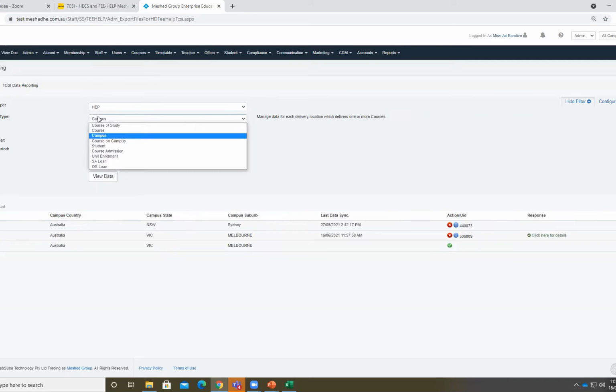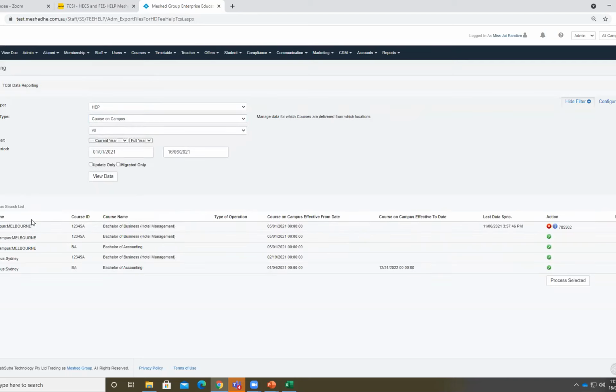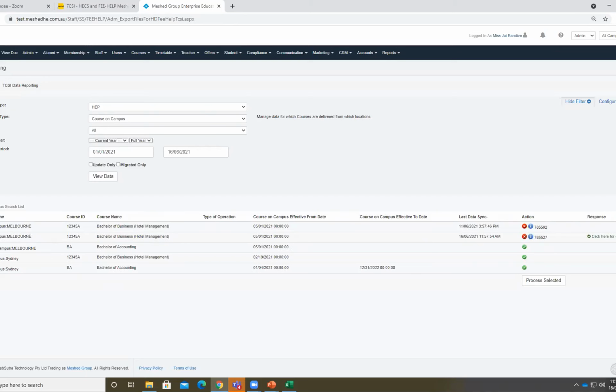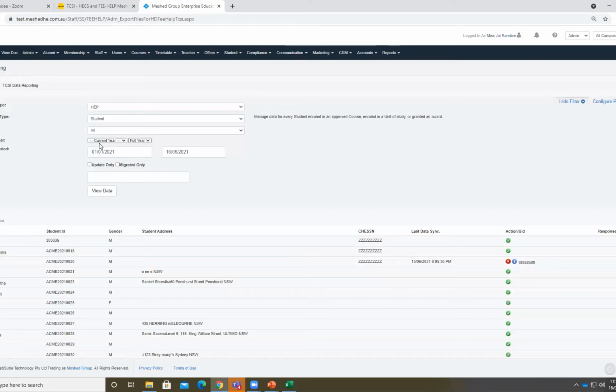Once this is done, we'll go to the course on campus. On course on campus, we have to report data related to that course and that campus. So I have selected this Bachelor of Business Hotel Management. I'm going to report that data. Okay. Now, next is the student packet.